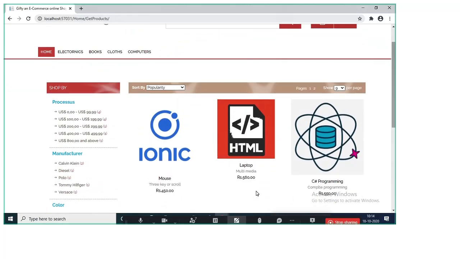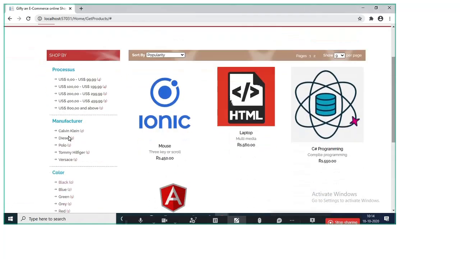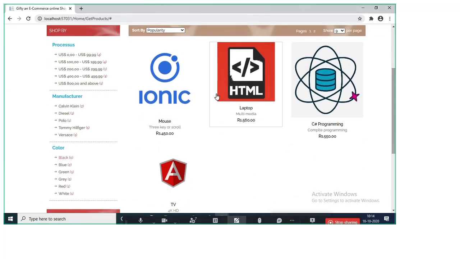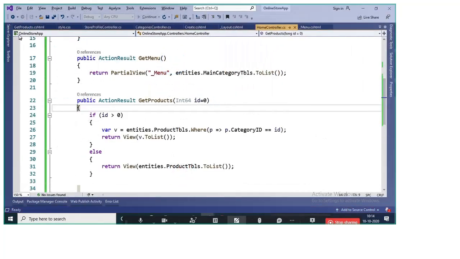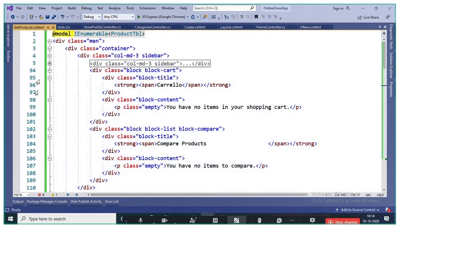Now in the next step, what I want to do, instead of this price and color and all this, is display the list of categories here, and when the user clicks on that category, I want to filter the products here. Now to display the list of categories here and filter the products as per that, we need to go to the get products view here, and in the sidebar, if you look at here, in the sidebar we have this